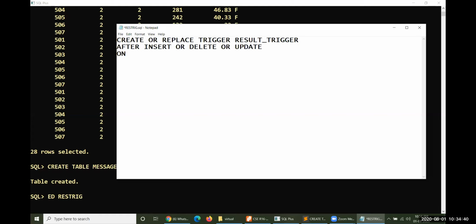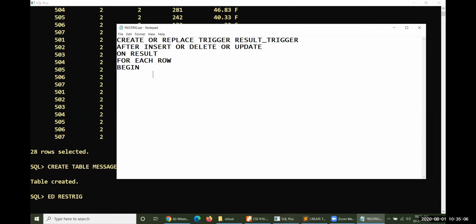On result, for each and every row. For each row I have to operate. Do you need any extra variables here? No variables are required, so directly I would like to start with begin.